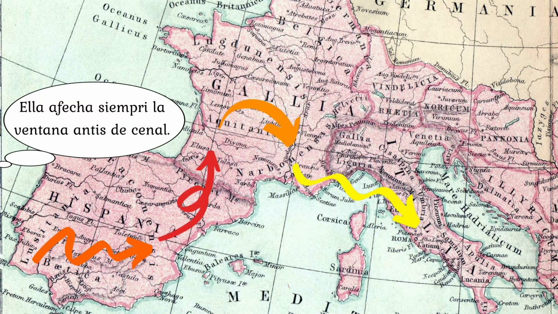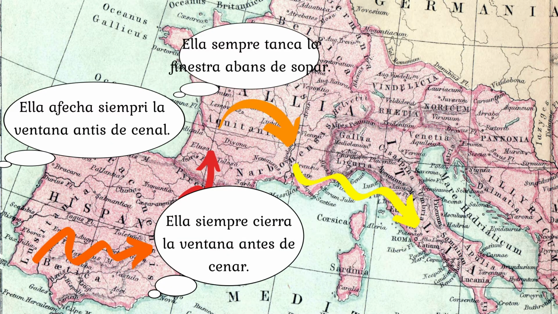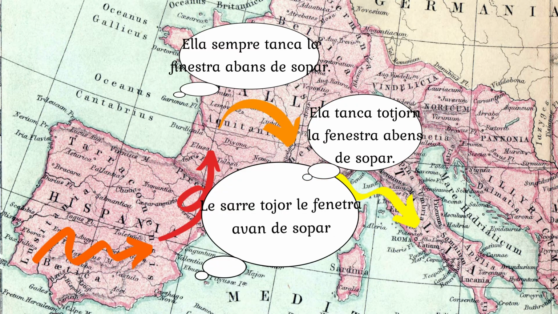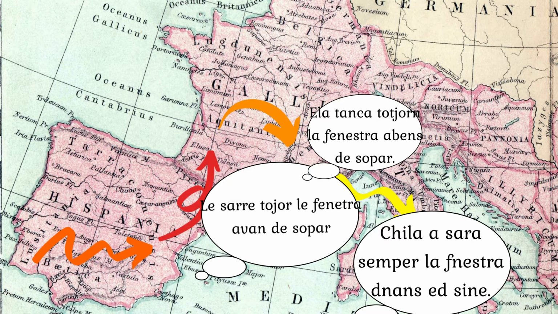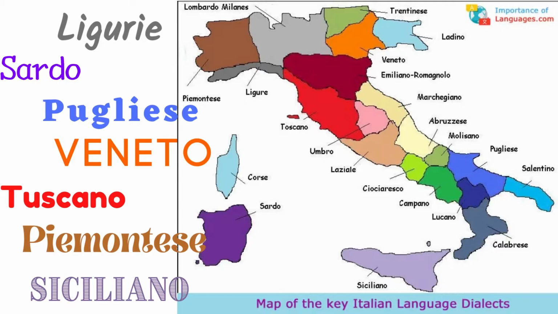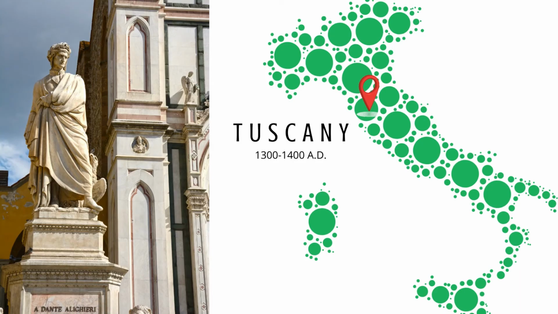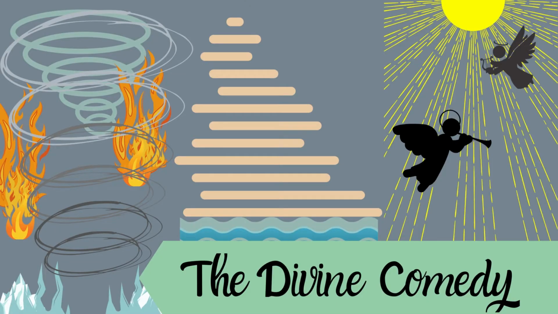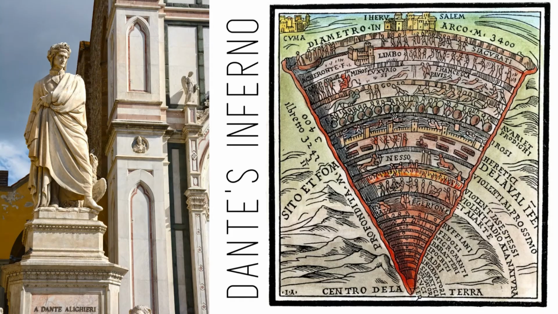You can actually see the transition of the various dialects if you travel from Portugal to Italy. Stopping at the local cities and listening to the dialect, you will hear it similar to the city next door. So Italy had all these dialects, but it still had not claimed its official language until the 1300s, when Dante Alighieri in Tuscany wrote the book The Divine Comedy. The Divine Comedy is a series of 3 books which quickly became known as the greatest works of literature ever written.